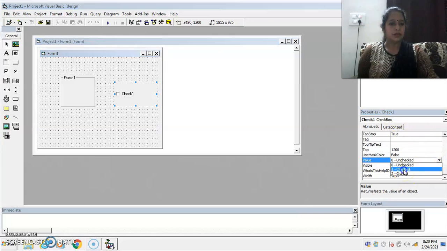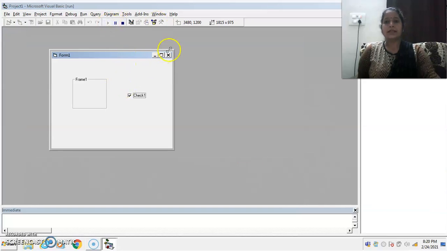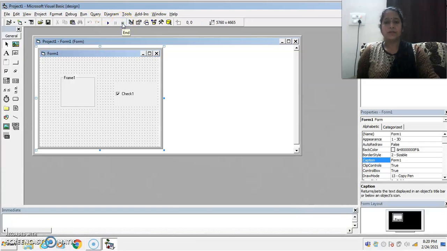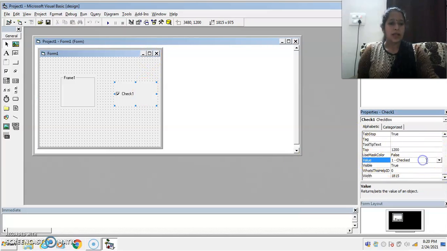When you select checked, then when you run this application, the checkbox appears as selected to the user by default.